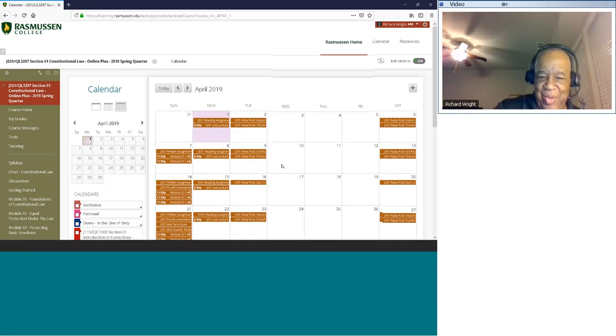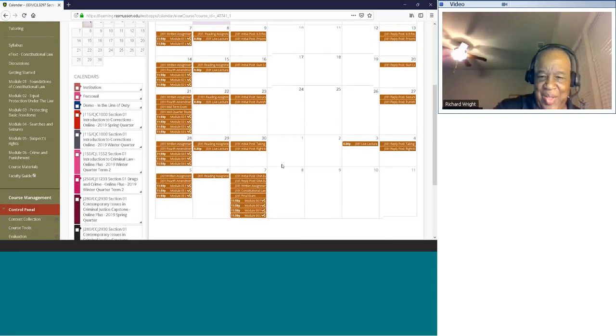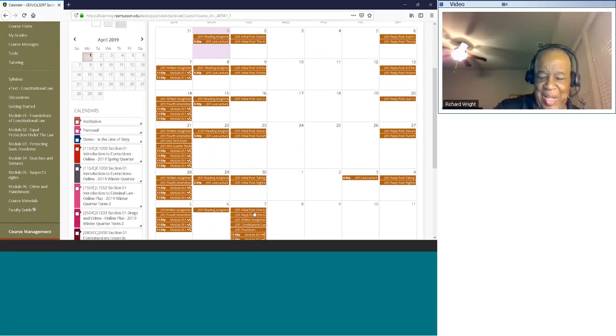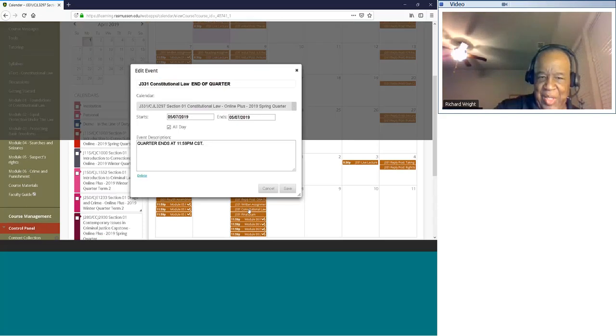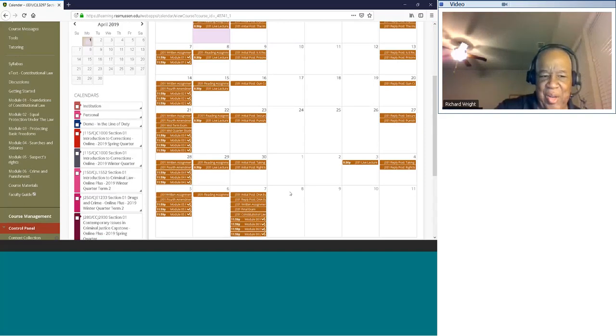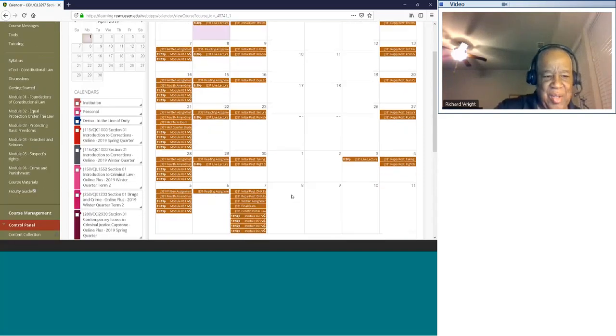Then in your calendar, it goes all the way down until you get to week 6. I'm not going to elaborate on it, but you'll see what I told you. It says that the quarter ends. I have students sometimes that say, I was not aware. Yeah, you are. In my class, you are, because I remind you almost every week that the quarter ends. And if you click on this one, it should say it. See? There it is, right there in front of you. And then you'll see that also in the announcements when you get there. So I was kind of jumping ahead on that.